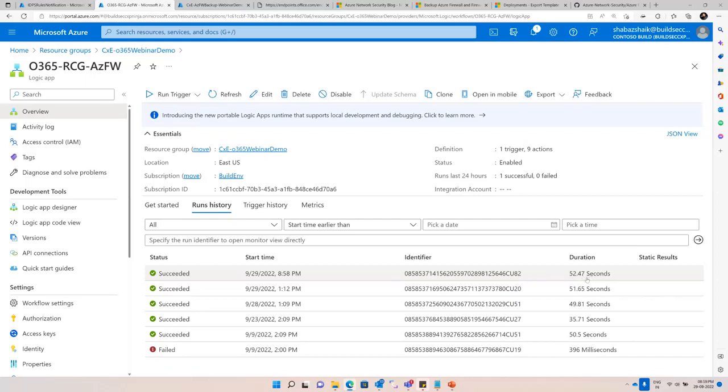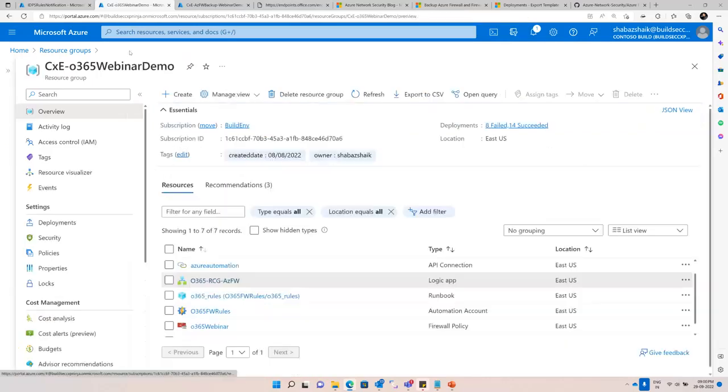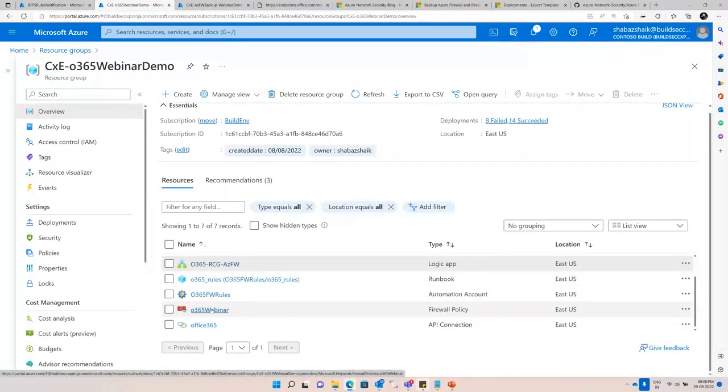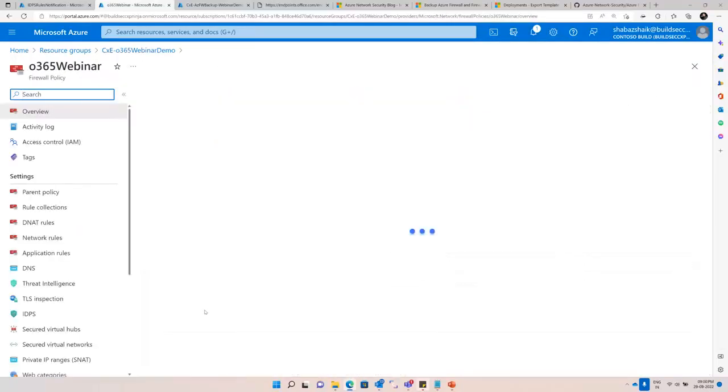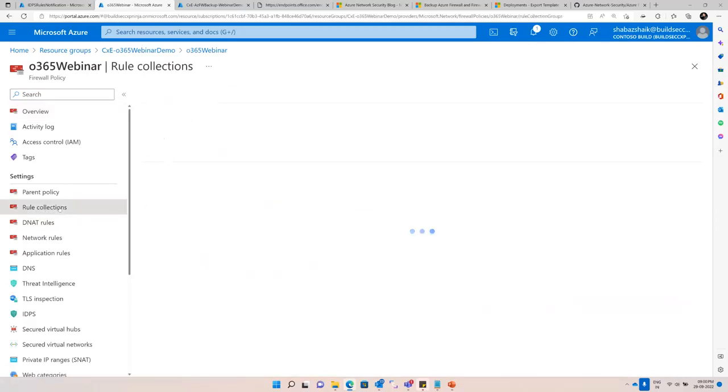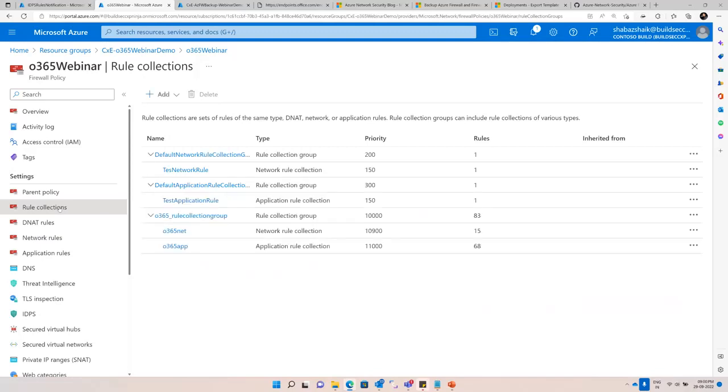So now we need to verify the firewall policy that we were looking at before. So let's go to the firewall policy again. So this is the firewall policy that we were looking at. We open it, go to the rule collection section. There you go. So apart from the existing rules, we have appended the rule collection for the Office 365 endpoints,